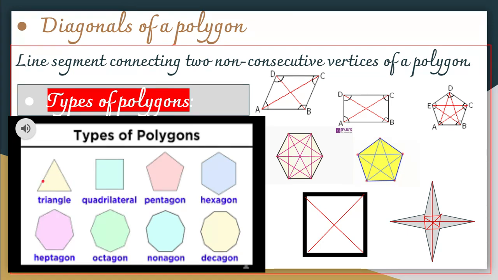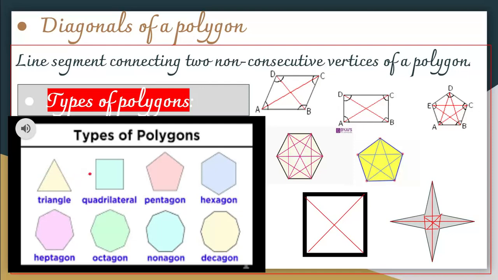Now you might ask why we started with three sides. Can't we have a polygon with two sides? No, we can't have a polygon with two sides, because with two sides it will be an open curve, like an angle, not a closed curve. And a polygon has to be a simple closed curve. So two-sided line segments cannot form a polygon, right?